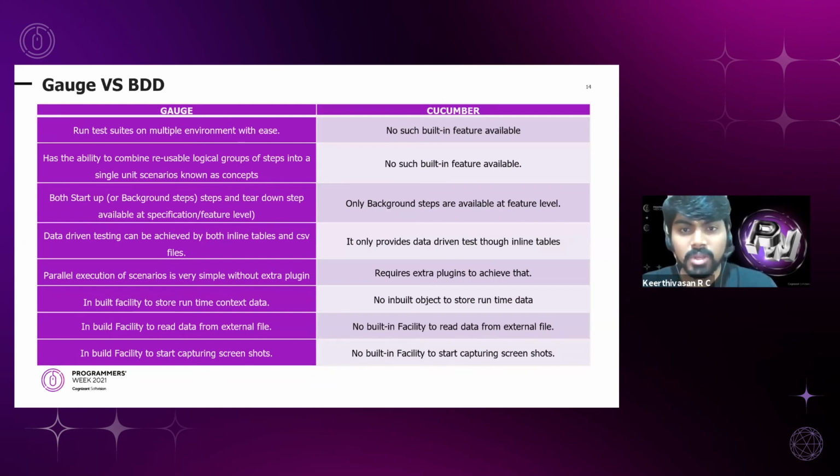And coming to Gauge versus Cucumber. So this is where Gauge plays a major role, where Cucumber is a typical BDD framework which is being used widely right now. Once you're using Gauge, this difference will show how Gauge is way superior to Cucumber as well. When it comes to testing multiple environments, Cucumber doesn't have a built-in feature as such, whereas